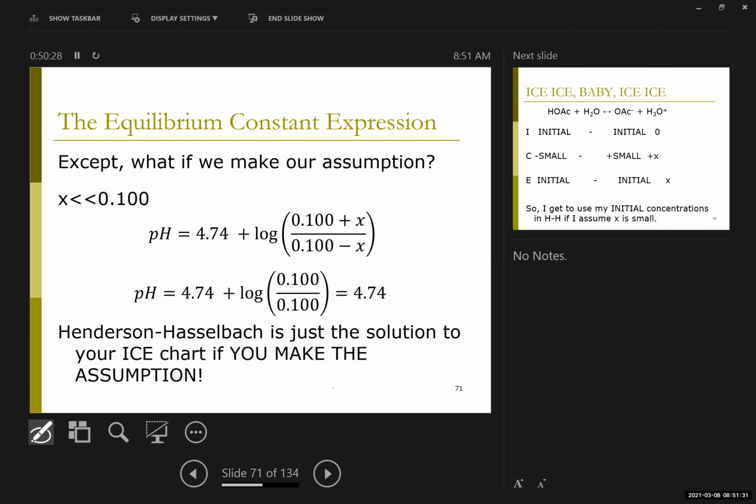The thing is, it should work for buffers because of those two big quantities on either side. We saw last week all kinds of examples where my assumption didn't work for just a straight acid. But as soon as I have that big amount of the product sitting there, I don't expect to get much dissociation, because I'm weighted down by those two big initial quantities. And so my assumption, which was working 75% of the time in general, should work 99% of the time. In which case, it does really simplify my solution to the buffer problem if I recognize it's a buffer.